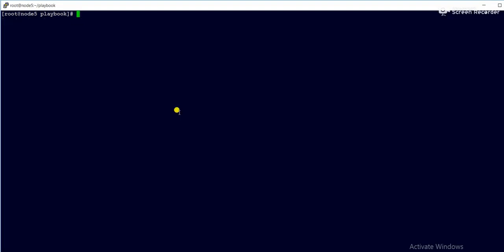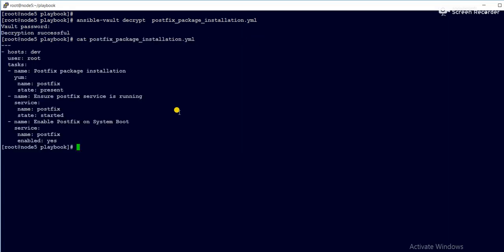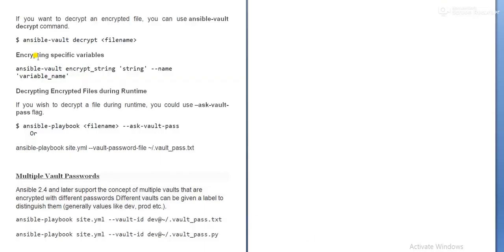I want to decrypt that file, so instead of encrypt I give decrypt. It is asking for the existing password, admin1234, and decryption is successful. If I give cat now, it is decrypted.